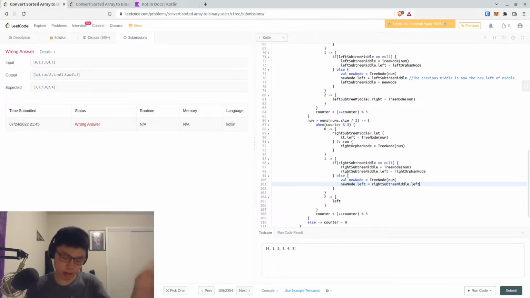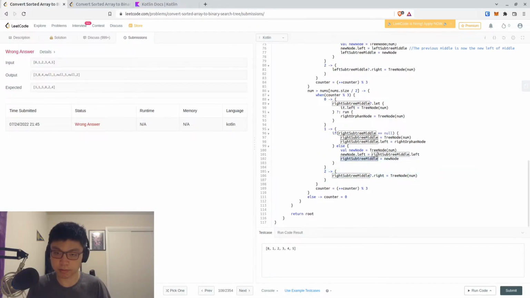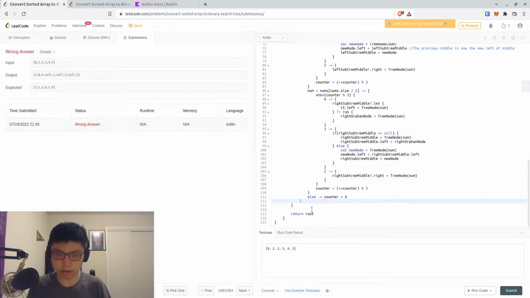No, because anything that comes after will still be higher, so it will be on the left, yes. Right subtree middle is equal to new node. Oops. And then right subtree middle question mark dot right tree node num. Now, at the end, we need to say